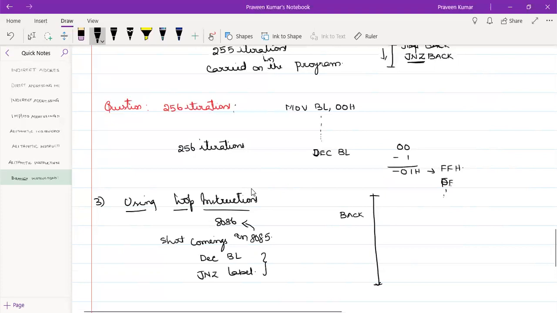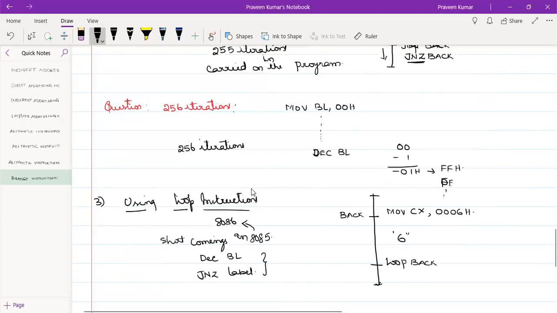Now, after having 3 years of knowledge, why should we go with two different instructions? Rather, I will go with only one instruction. I will use CX and place this value in CX, that is 0006H.